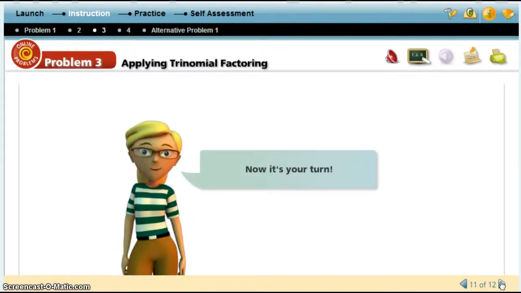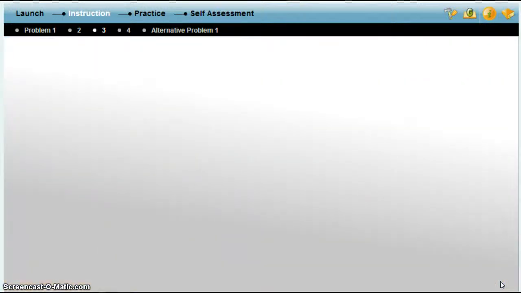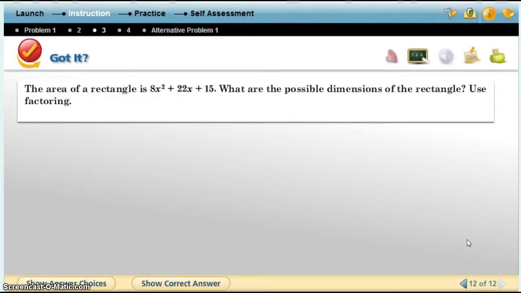Now it's your turn. All right, so we're going to go through this problem in class, but I want you to go ahead and write this one down. This one actually has plus signs, so this is going to be similar to the first one, and we'll discuss it in